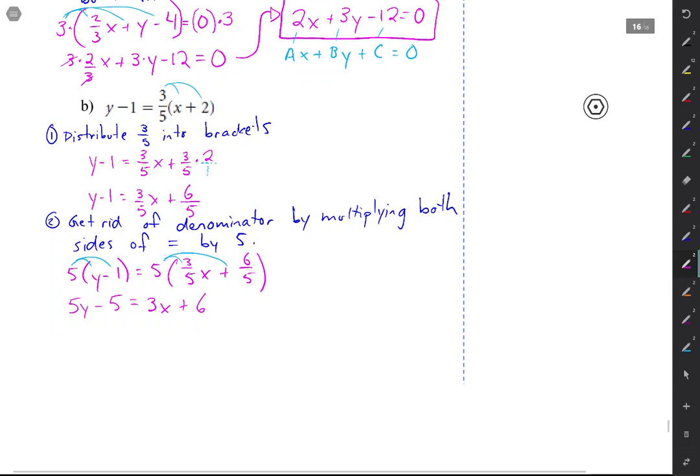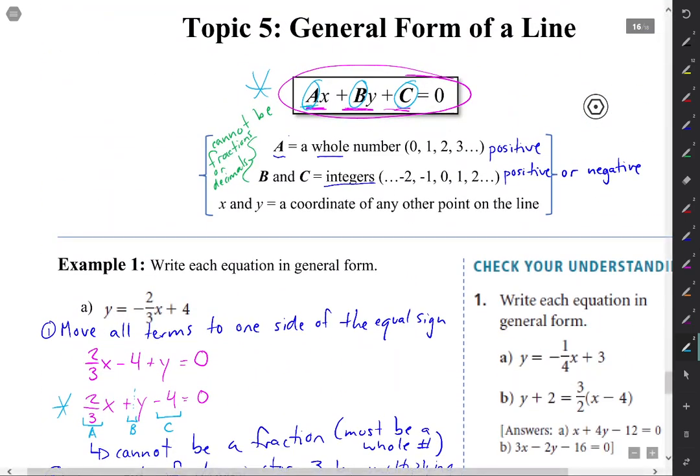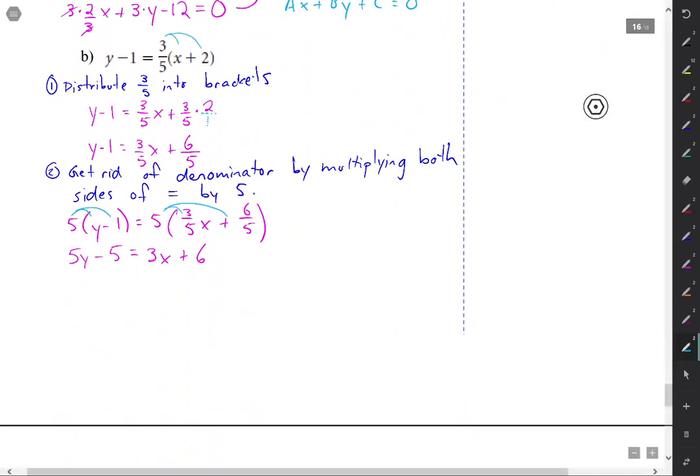So now let's move all the terms onto one side of the equal sign. Now last time we moved all these terms to this side of the equal sign, which is okay, but remember, with the general form of the equation, we need whatever number is connected to x to stay positive. And if we look down here, this 3 is already positive. So if we were to move this term to the other side of the equal sign, we would then have negative 3. And we would have to have one more step in there to get rid of that negative in front of the 3. So we'd have to multiply everything by -1. So let's just avoid that, and let's move these ones to this side of the equal sign,